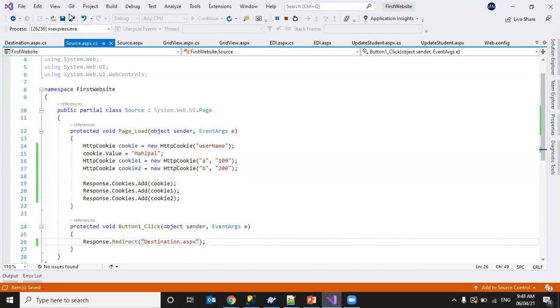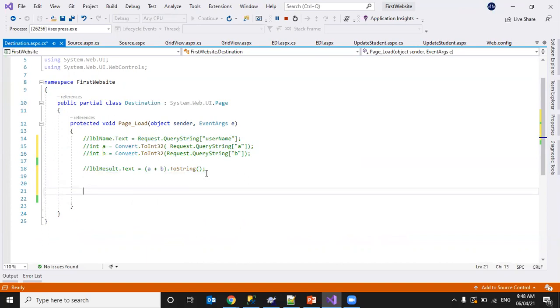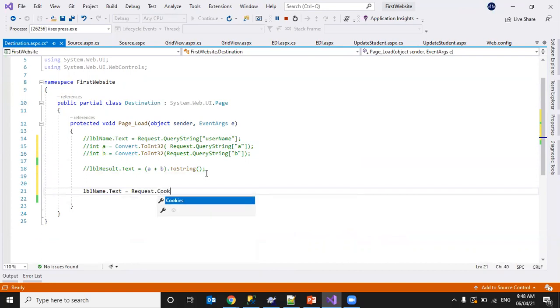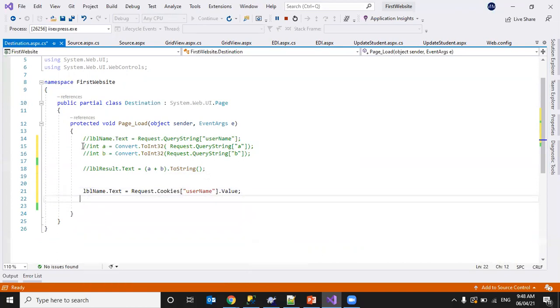On the destination page, if I have to access them, and now I'm just commenting this out, I have to use lblName.Text equal to Request.Cookies of username. What is my cookie name? Username. To get its value for lblResult, I need these two lines.